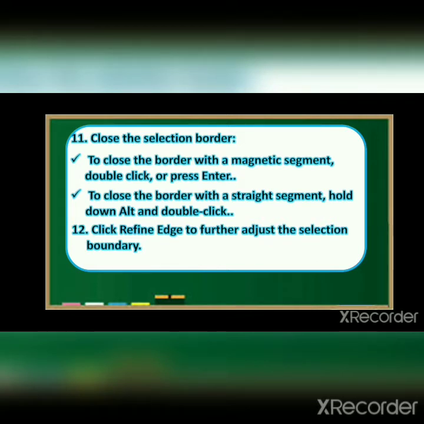So before that, we switch temporarily to other lasso tools to do one of the following. One is to activate the lasso tool: hold down Alt and drag with the mouse button depressed. To activate the polygonal lasso tool, hold down Alt and click. To close the selection border: